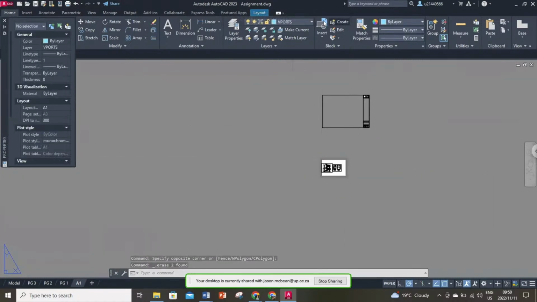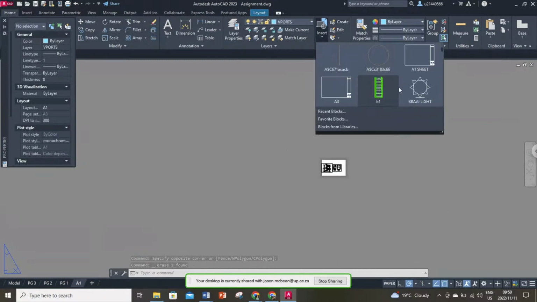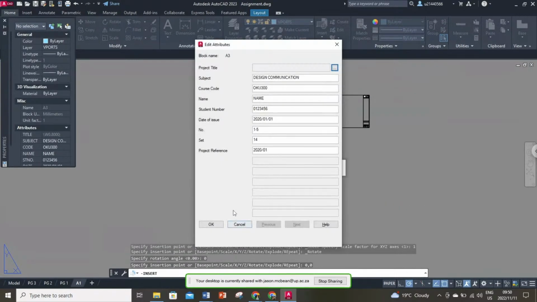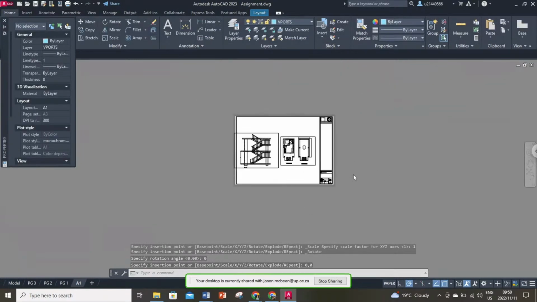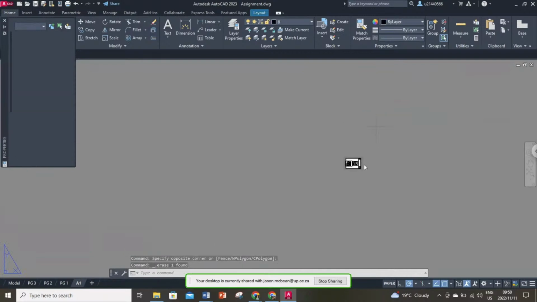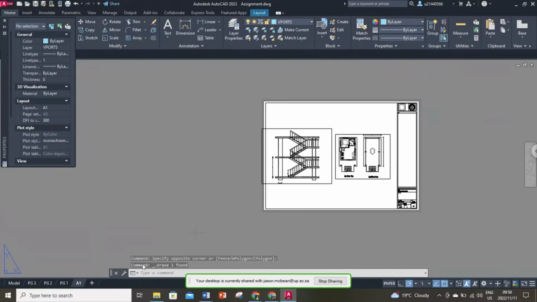Now I can go to insert a new block. Here I can go and find my A3, 0, 0. Here you can fill in all that information that you need, but look how nicely that fits on my sheet now. So now you've got an A1 block and you've got an A1 sheet, so you can use them. So in any viewport,